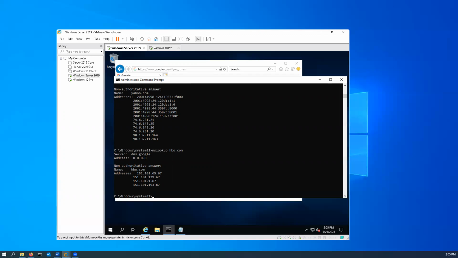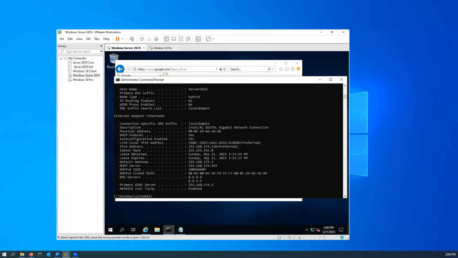So what other commands should we take a look at? Well, how about the ARP command? Now, ARP has a purpose. Its purpose is to resolve an IP address to a MAC address. So ARP's a little bit like DNS, but it's more towards the physical and logical address as opposed to the domain name and logical address. But if we did an ipconfig /all, and we noted our DNS server,